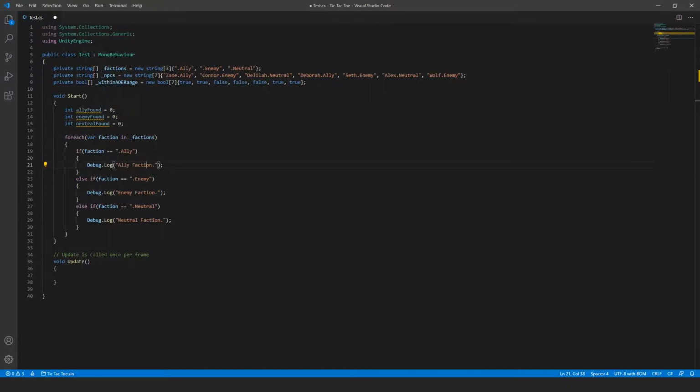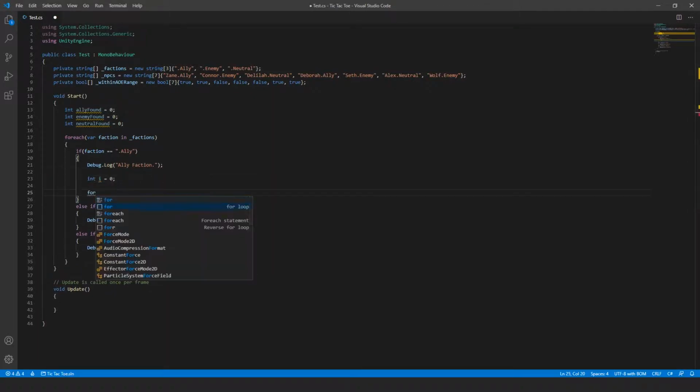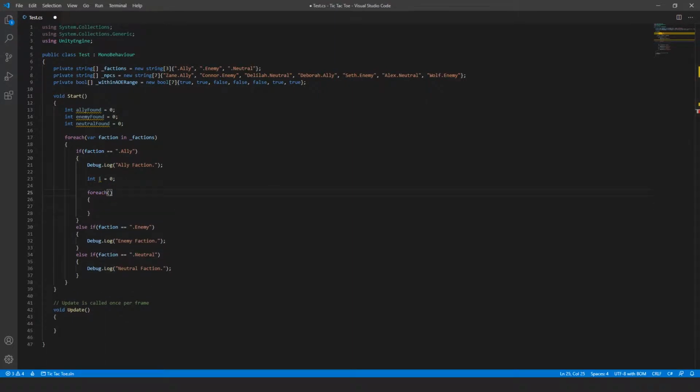With that done, inside the if block of the ally faction, create another int named I and set it to 0. After that, create a foreach loop to iterate over the _npcs array. Then, inside the curly braces,